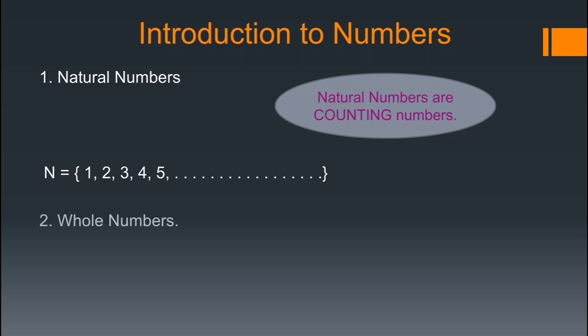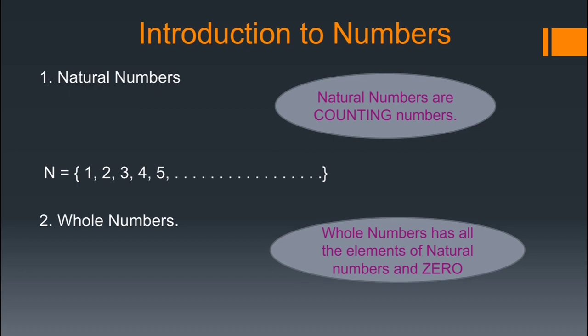Again, if I add an additional number 0 to the set of natural numbers, then we have the set which we call whole numbers, and whole numbers are represented by the symbol capital W. So we can write capital W is equal to, within curly brackets, 0, 1, 2, 3 and so on, as you can see here. So I hope it is clear that natural numbers are the set of all the counting numbers and whole numbers are just the set of natural numbers including 0.